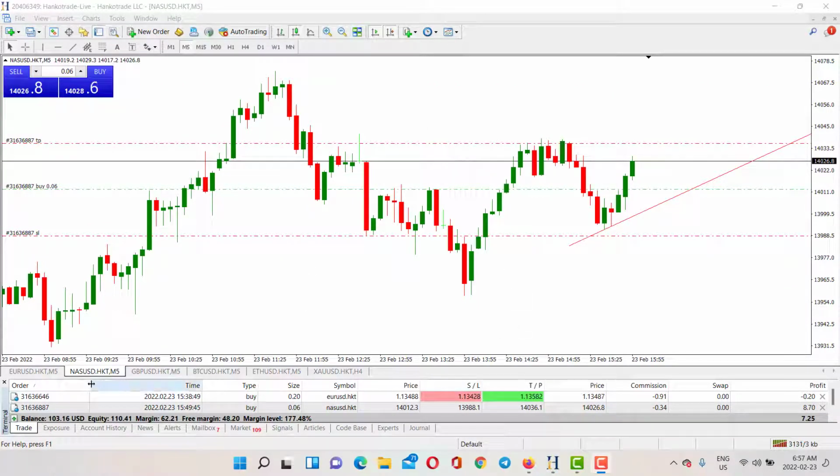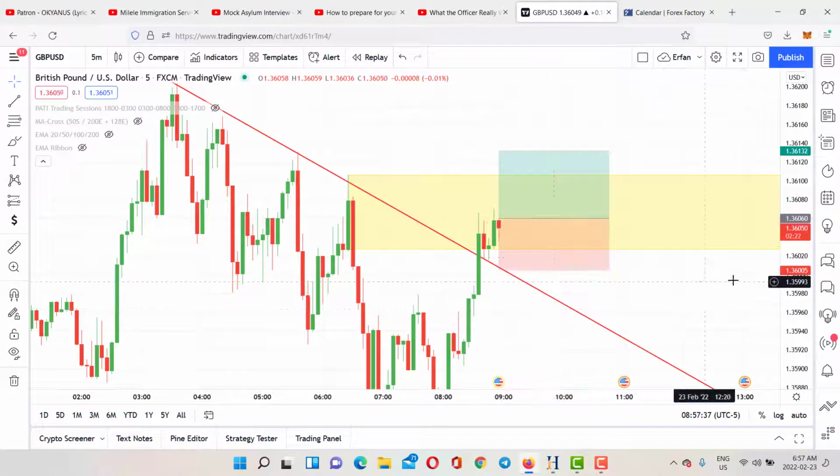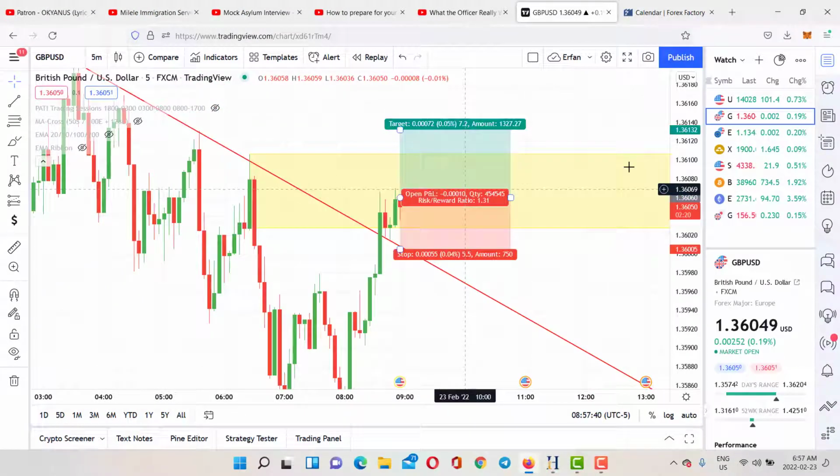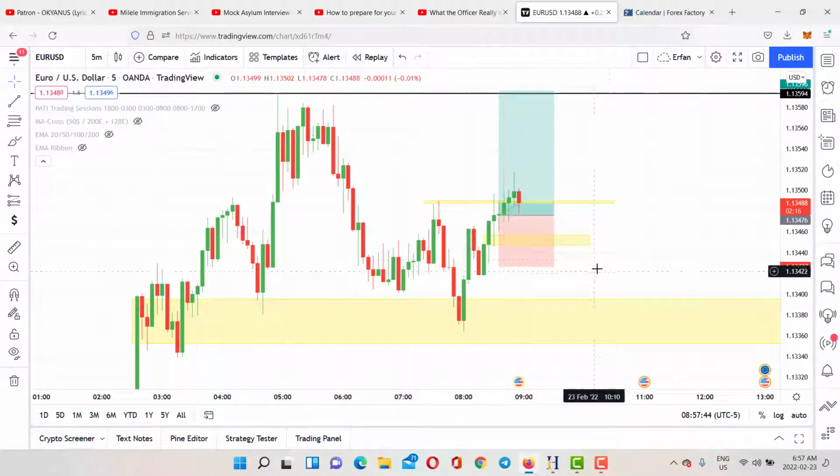Okay guys, so this is for NAS100. This one is good. Let me just show you everything. No, this is GBPUSD. I'm not in the trade. EURUSD. Okay, so EURUSD,